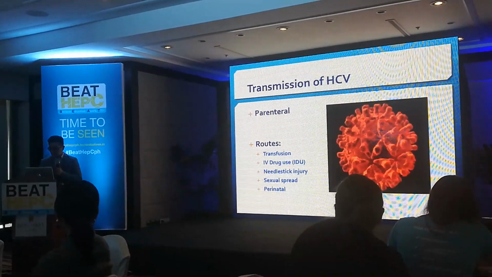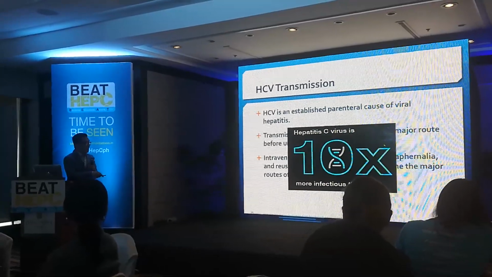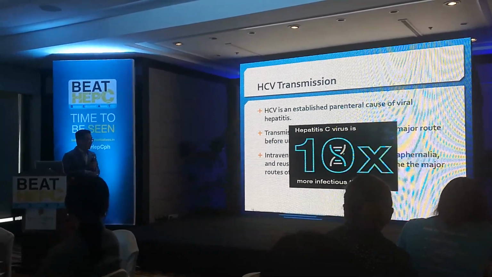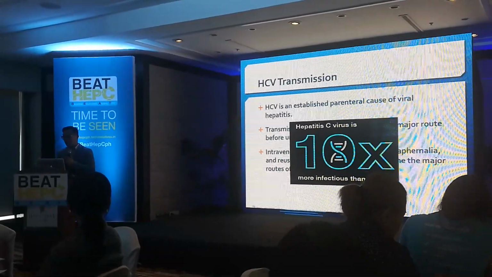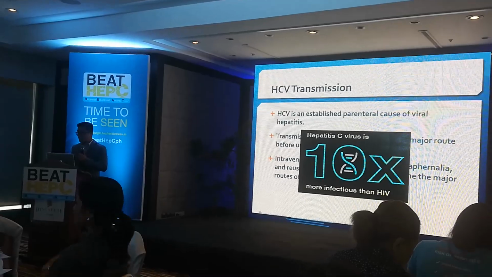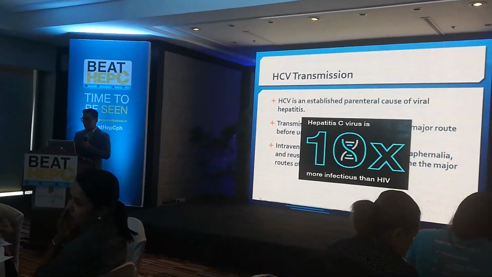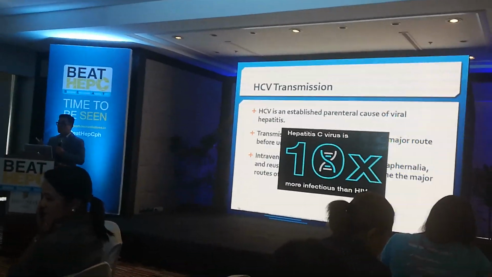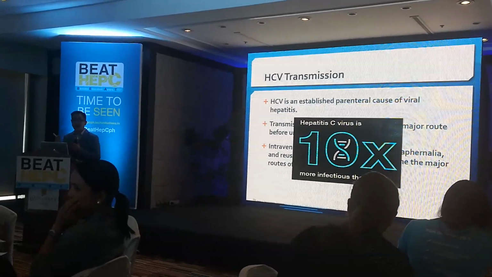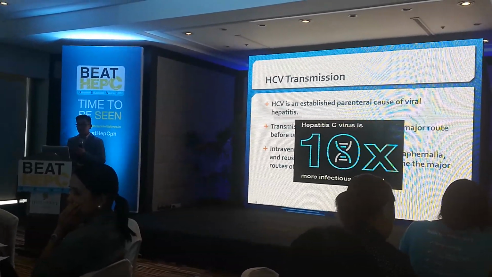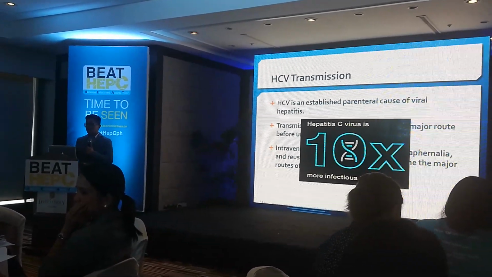Okay. So, the main reason why I want to show this slide is that the hepatitis C virus is 10 times more infectious than HIV. We all know that nowadays there's an increasing incidence and prevalence of HIV. And as you will see later, among HIV individuals, they should likewise be screened for hepatitis C because they are also considered at a higher risk of getting the infection, because hepatitis C and HIV have the same route of transmission. Okay?